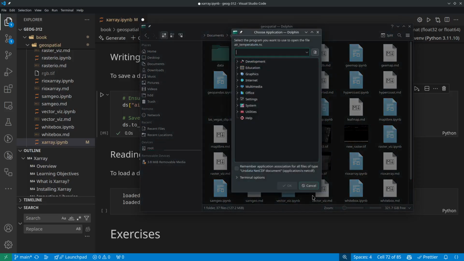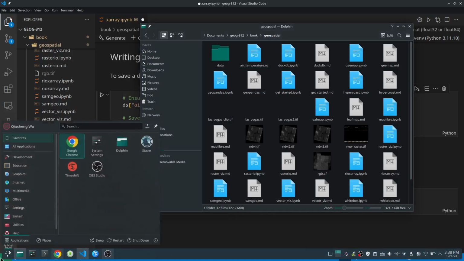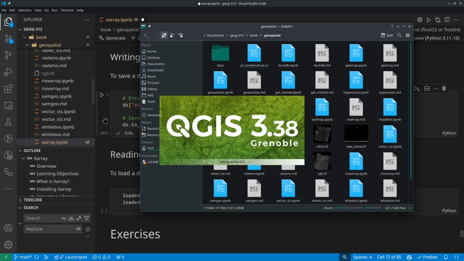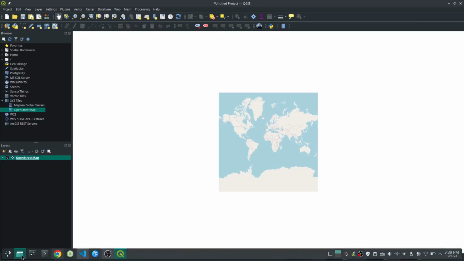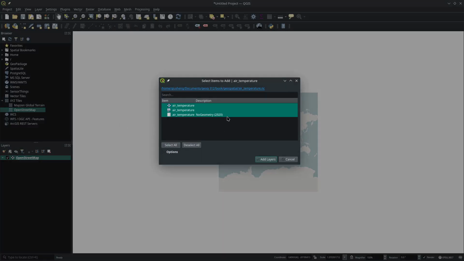Again, this is a dataset that you cannot just open using desktop GIS. You may be able to open it using QGIS. Let me see here. I'm not sure if ArcGIS supports it. I think you need a toolbox to actually open a NetCDF file. It might not necessarily work directly. So let me try. Okay, so this one here actually